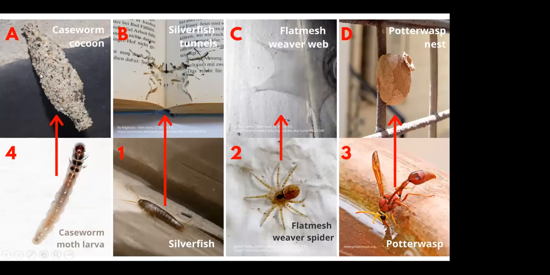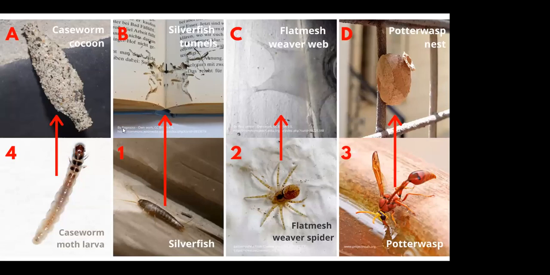The first thing, which is A, you may have seen this on the walls of your house or in your bathroom. It's a cocoon made by something called a caseworm moth larva. So this larva, this little worm that you can see, goes and collects all these little pieces of gravel and sand and makes a cocoon for itself so that it's protected. And interestingly, it makes it so that it matches the background so that it's harder for you to see. So for example, if you have a white wall, you'll probably see a white caseworm cocoon. So these larvae are masters of camouflage, and they design their own cocoons according to whatever materials they find around them.